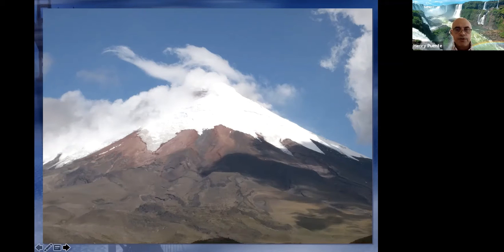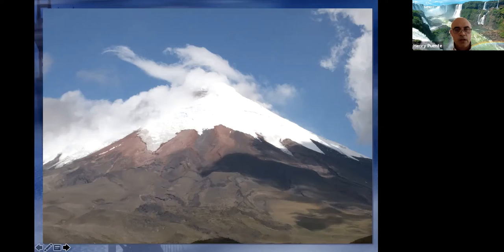Now, the picture that I'm showing you here is a peak that I climbed in Ecuador called Cotopaxi. It also happens to be, by the way, an active volcano. So if any of you are lucky enough to go to Ecuador in the future, it doesn't look like this, because it erupted, I think, the day after we hiked it, or maybe two days after. It no longer looks like this. It was a pretty massive eruption by all accounts. I wasn't around when that happened, so I don't know. But anyways,